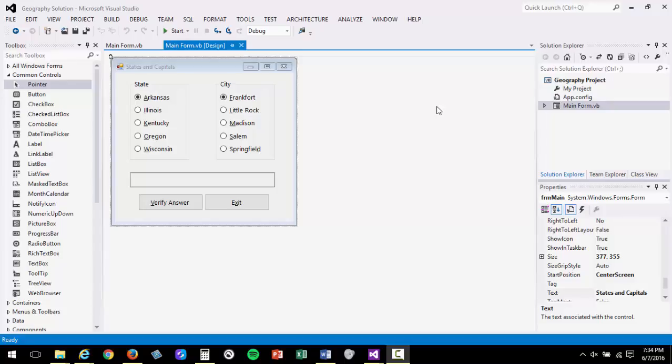The intent of this program is to verify whether or not the user has selected the correct state and the correct matching capital city by selecting the two corresponding radio buttons and then clicking the Verify Answer button. If the user has selected the two correctly matching state and city, then the label message says correct, otherwise it